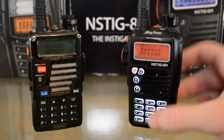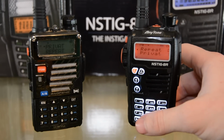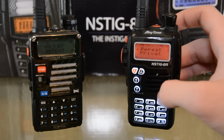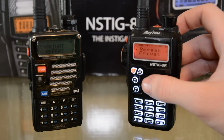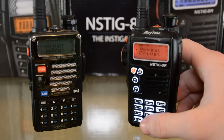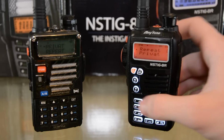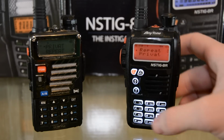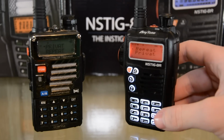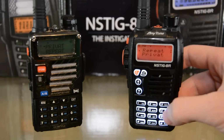Another smaller convenience perk, but it really can do a lot if you're out in the field, is if you're scanning channels and there's a surprise nuisance channel. If there's a channel that's being used a lot that day and you don't want your scanning to keep stopping for that channel, on the Instigator you can skip scanning right from the keypad. You can just hit the function key, then skip, and it's going to put an S on the display